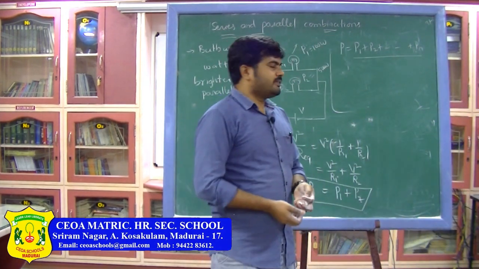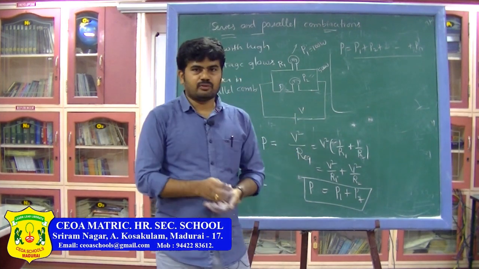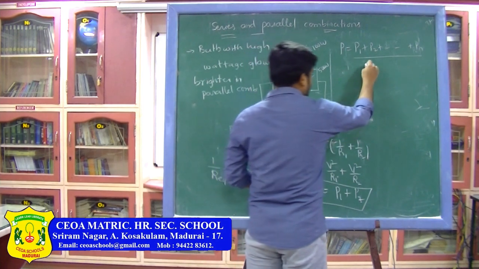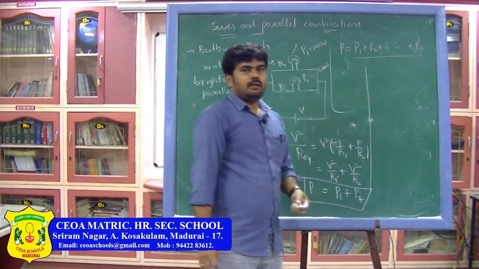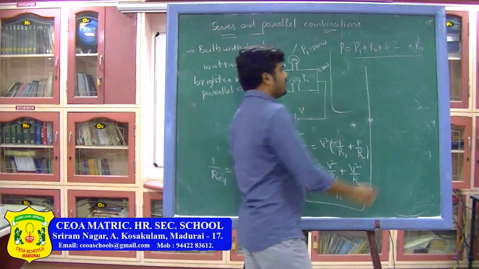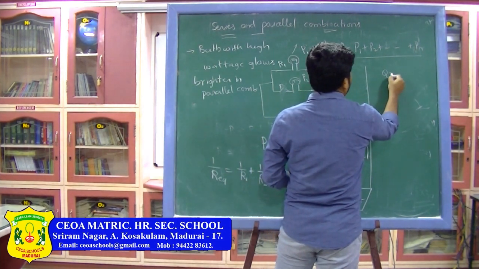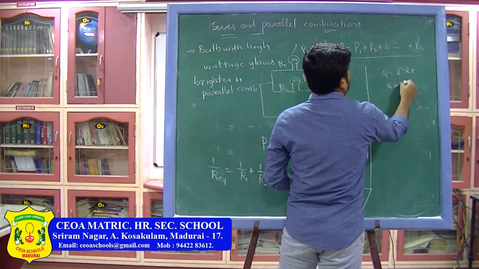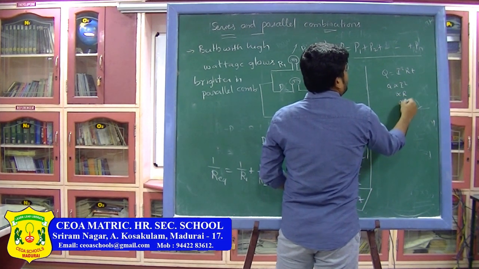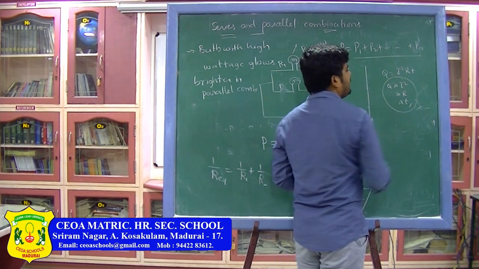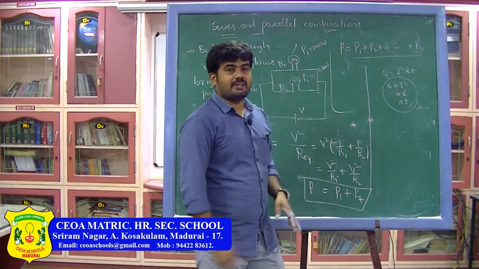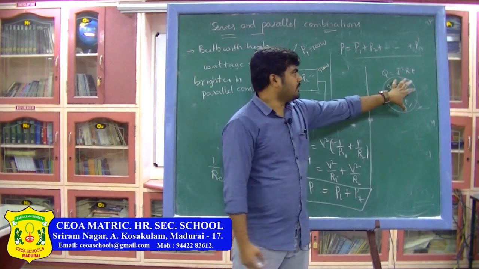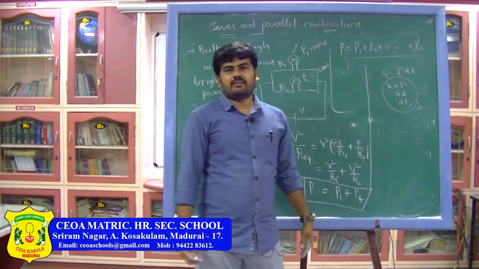First, let me revise what we discussed so far. Today I discussed the concept of power consumption in an electric circuit, that is, the heating effect of electric current, a very important topic. I explained Joule's laws: Q equals I squared R T, where Q is proportional to I squared, Q is proportional to R, and Q is proportional to T. These three are known as Joule's laws of heating effect of electric current. Using this, there are many electrical appliances in our real life.